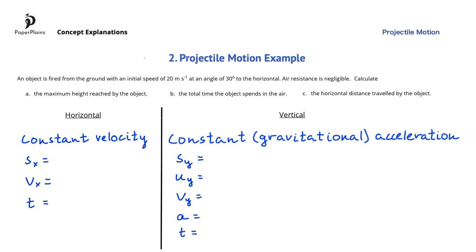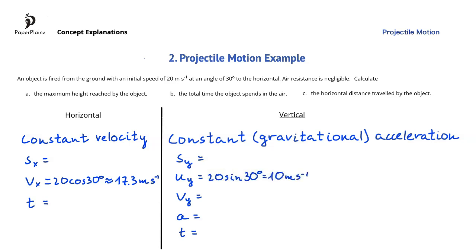We know that the initial speed is 20 meters per second, and that the velocity vector initially makes an angle of 30 degrees with the ground. Using vector resolution, which we mentioned earlier in this video, vx, the horizontal component of the initial velocity, is equal to 20 times cosine 30 degrees, which is about 17.3 meters per second. uy, the vertical component of the initial velocity, is 20 times sine 30 degrees, and this is 10 meters per